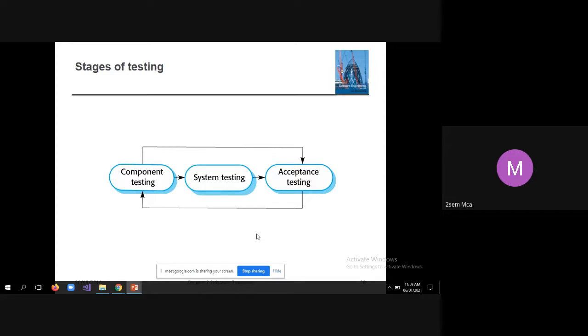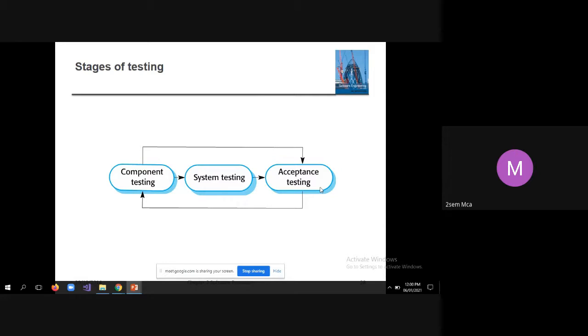When the system testing is successful, then just before delivering software to the customer, sometimes he will be giving certain test cases that you have to execute and check that the results are also correct. That is called acceptance testing. So that means this will be monitored by the client representative.